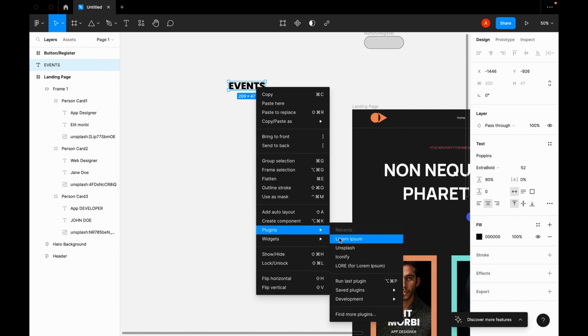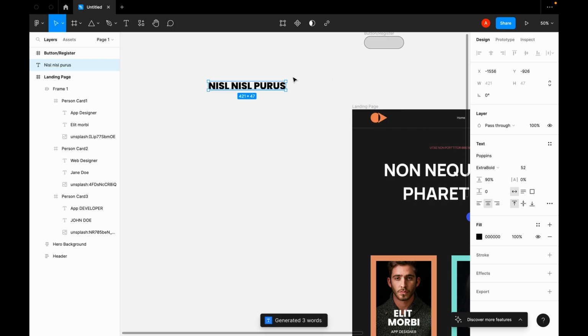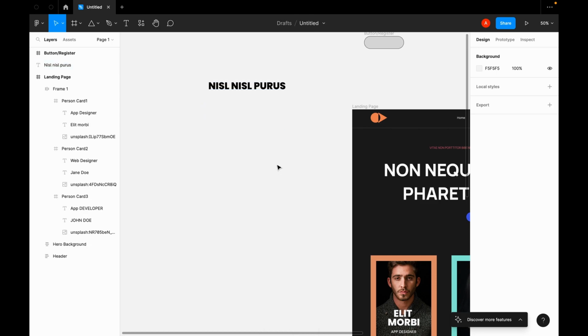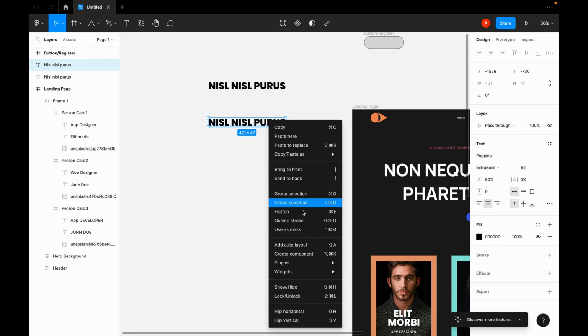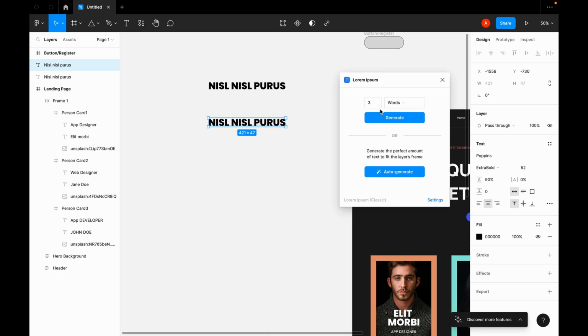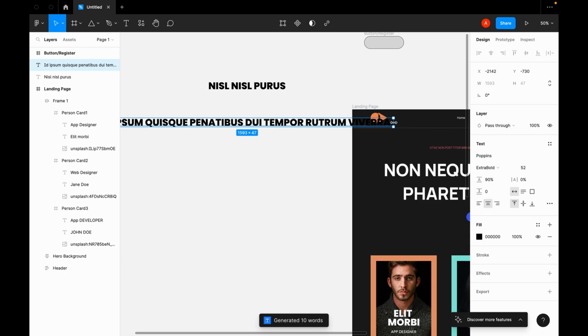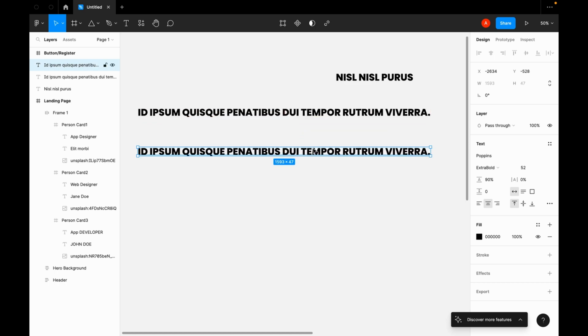I'll choose Lorem Ipsum, and I'm going to generate about, let's say, three words. Okay, and so I'm also going to duplicate this. I would right click, go to plugins, go to our Lorem Ipsum plugin, and I'm going to generate about, let's say, 10 words. Okay, and I'll duplicate this, right click, lorem ipsum,